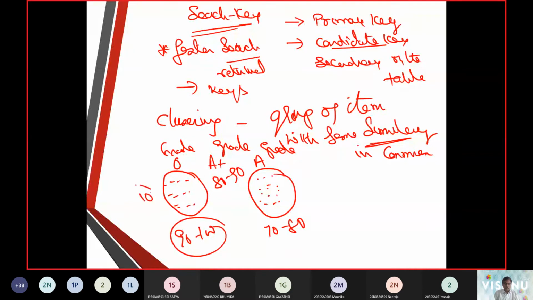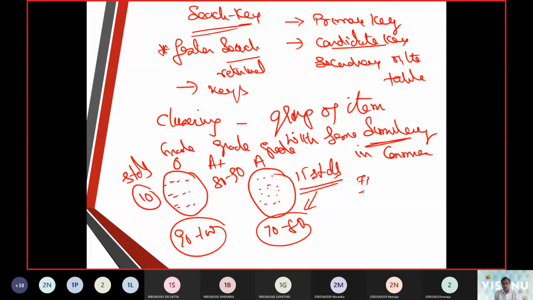So what was the similarity? Assume there are 10 students belonging to one grade, that is 90 to 100, and that is the similarity. If I take 70 to 80 here, assume there are 15 students, between 70 and 80.